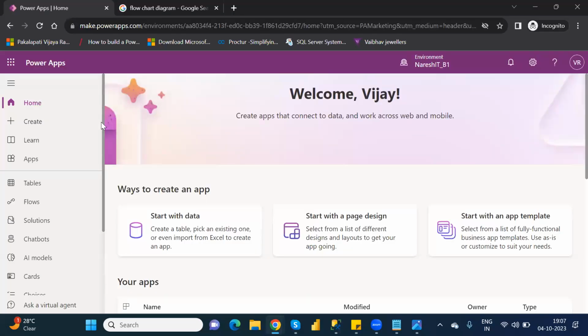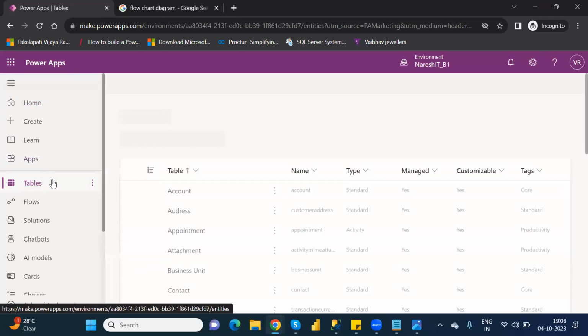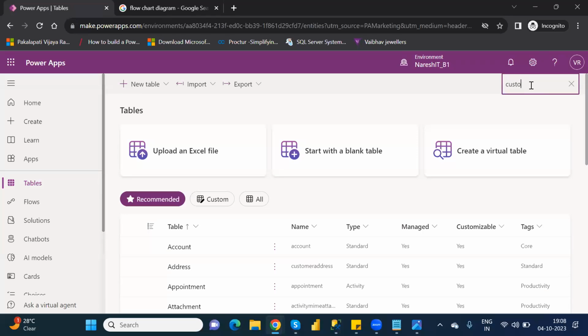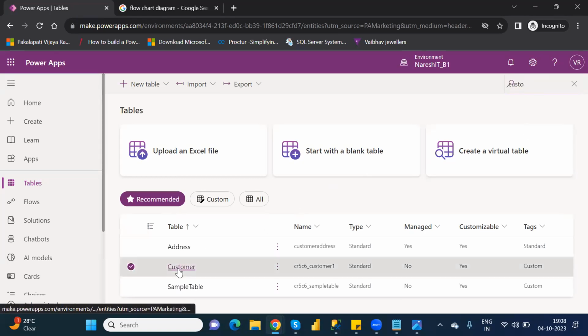In the last class, we discussed that you can create some business rules. How can you create a business rule under the tables? Whichever table you want to create a business rule for, you have to go to that particular table. Suppose, for example, I have the customers table. So in this table,